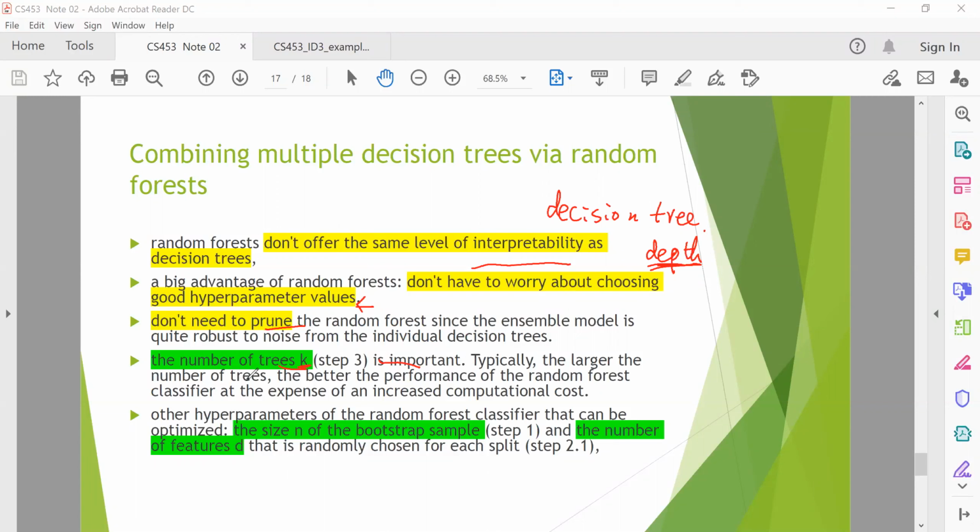Of course, the larger the number of trees, the better the performance is going to be. But you have increased computation cost. So this is the nature of it. And generally speaking, for the bootstrap sample size, normally you keep it as the original size n. And for the number of features, what we choose is